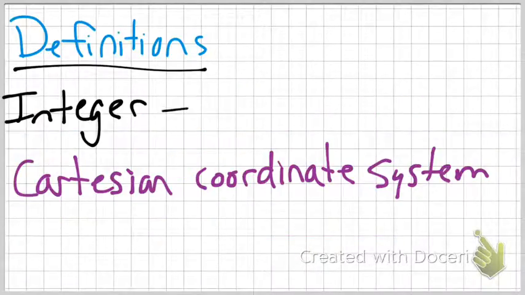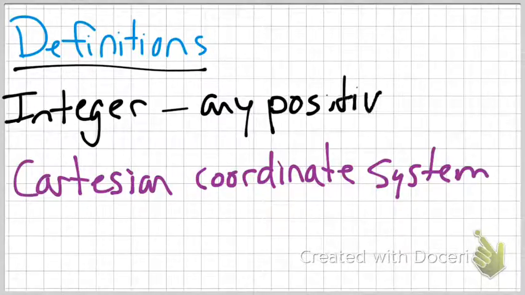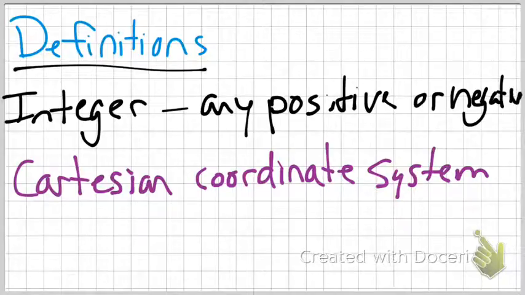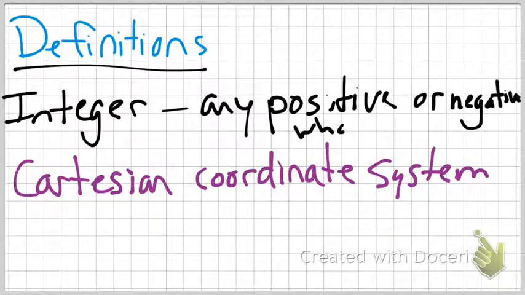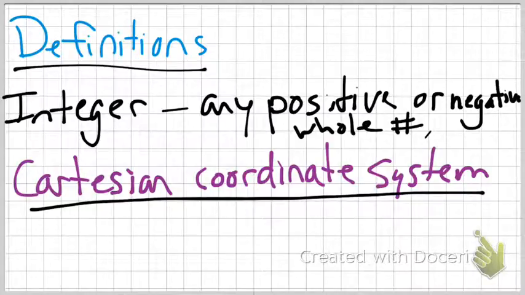Definition: an integer is any positive or negative whole number. Remember, number, not hashtag. And for our Cartesian coordinate system, this one might take me some more space, but I'm going to try writing it all out anyways. Bear with me here. So, this is a